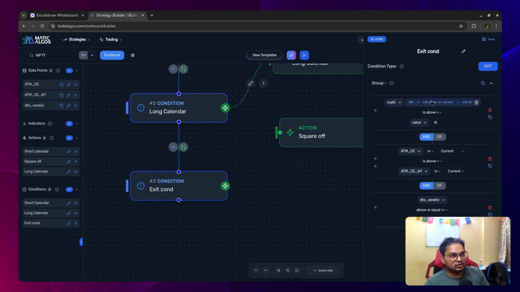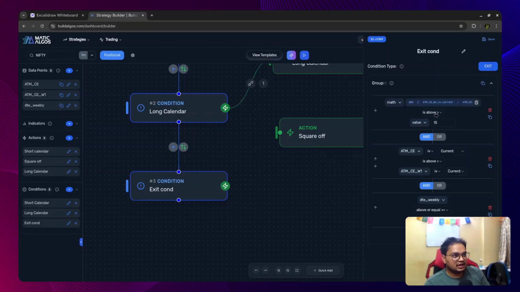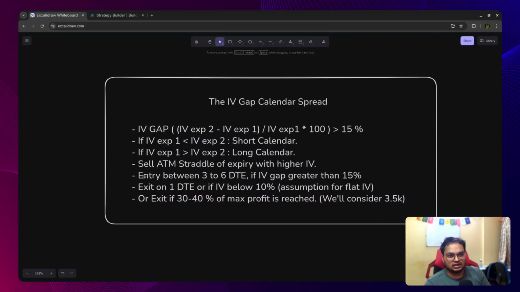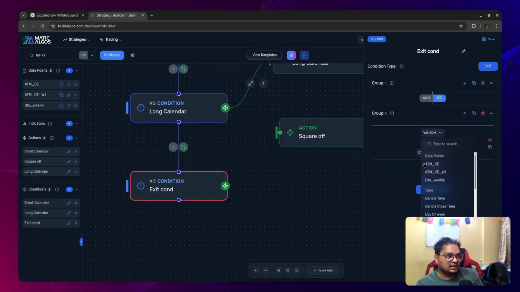We wanted to reuse this calculation that we had created earlier, and we'll say this calculation should be below 10. This is one of our exit conditions, if you remember. So if you check here, our exit condition is if IV is below 10%, or we'll exit on 1 DTE. So here I'll add another group and name it as OR, and